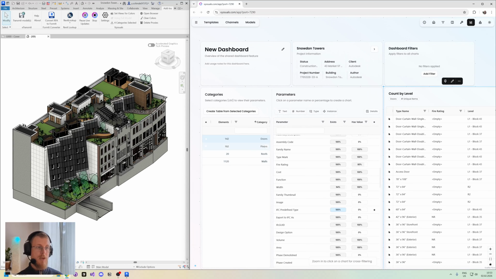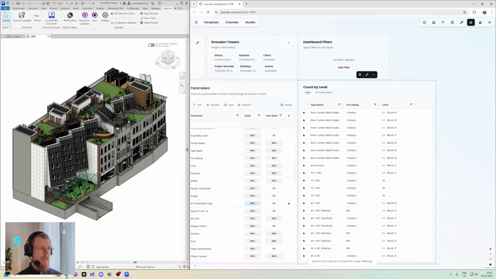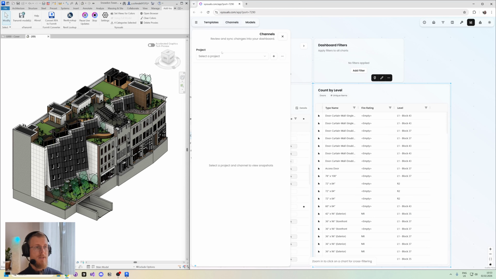So you can see that in the dashboard we have doors, floors, roofs, and walls loaded. And this table here is only showing doors. So now we can come over to channels. We select a project, take this one here, and then we create a new channel. It's good to name them by topics, even though they can be anything really. It's good to name them after the topic that you're working with. So let's say doors. We create that channel,